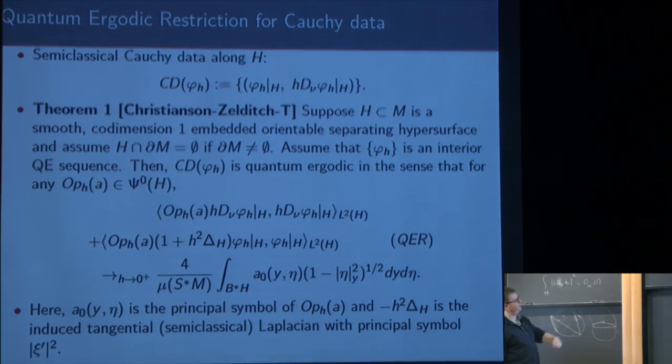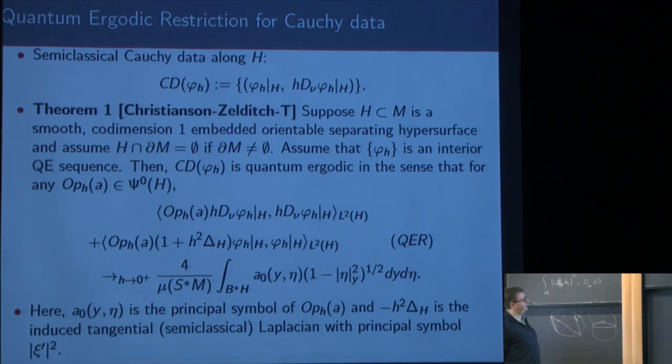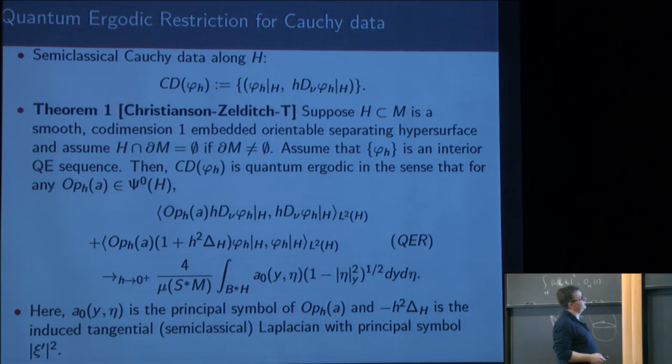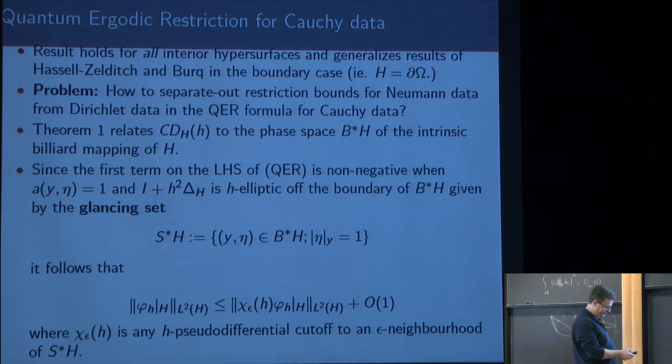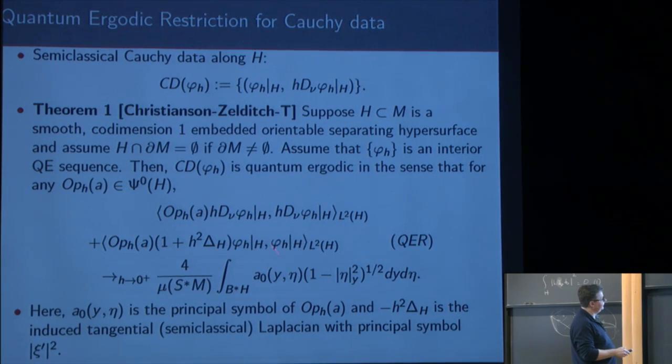But you have to put in this tempering factor. So you have this quantum ergodicity result at the level of restrictions, but for the Cauchy data. The nice thing is that it relates directly to whatever eigenfunctions are equidistributed on the ambient manifold. Are there any restrictions on H? No, there are no restrictions, just smooth. The price you pay is you have to include both the normal derivatives and the function restrictions. Otherwise, no restrictions.